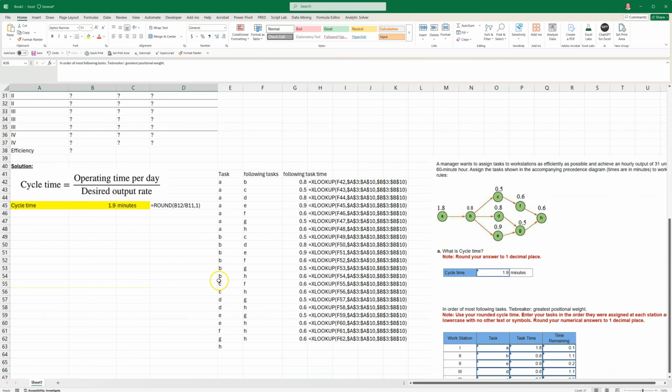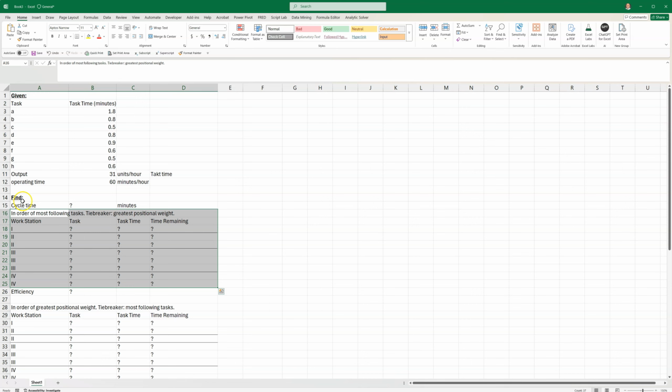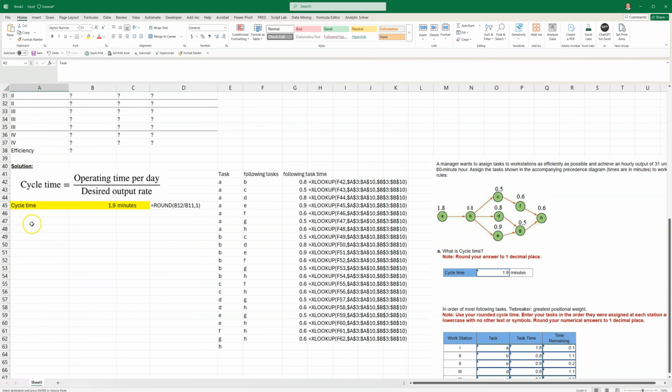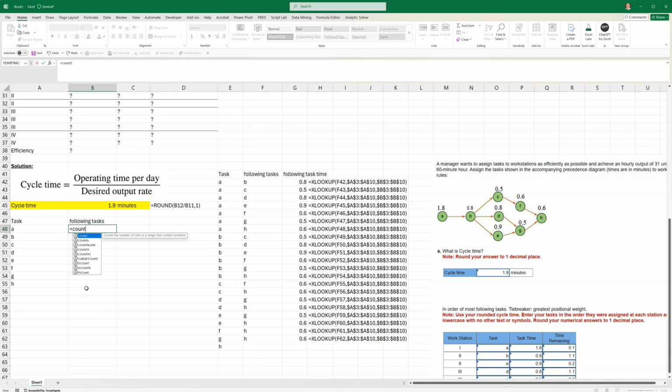And so now we have to start filling in this chart here. But before we start filling in this chart, we have to calculate something. Well, I'll just show you. We want to take these tasks, and what we want to calculate are the following tasks. How many tasks are following? So how many tasks are following A? Well, we have it over here, right? So I can go equals COUNTIF